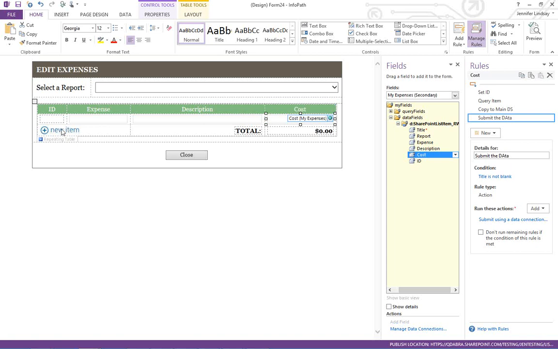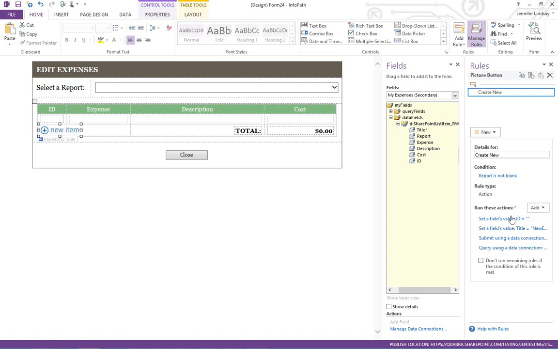Now if I'm adding a new item, this is actually much simpler because the list form itself already has that new item in it. Remember, what we've done is customize and reuse the existing list form. So the main data source is always sitting there. If we're adding a new item, this is always here. All we have to do is fill in these fields. So when we click the new item button,